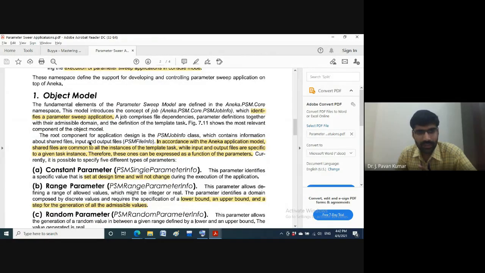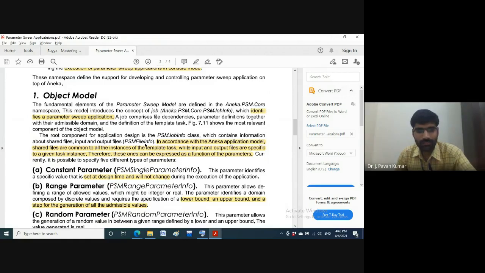Next, the root component for application design is PSMJobInfo, as we have discussed, which contains information about shared files, input and output files. Here there are two kinds of things: shared files, which are common to all the tasks which we will generate, and input and output files, which pertain to one particular task.